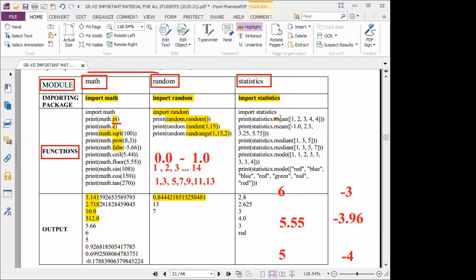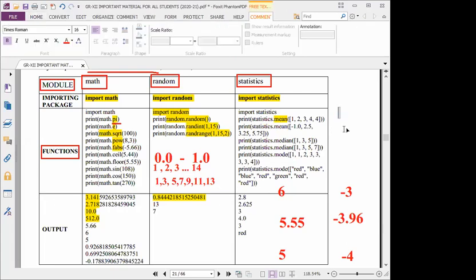First one, the mean function, which calculates the average. Everyone knows the formula for average, students? Sum of values divided by the total number of values. Yes, sum of values divided by number of values, this is the formula. So now tell me the answer for this first example.